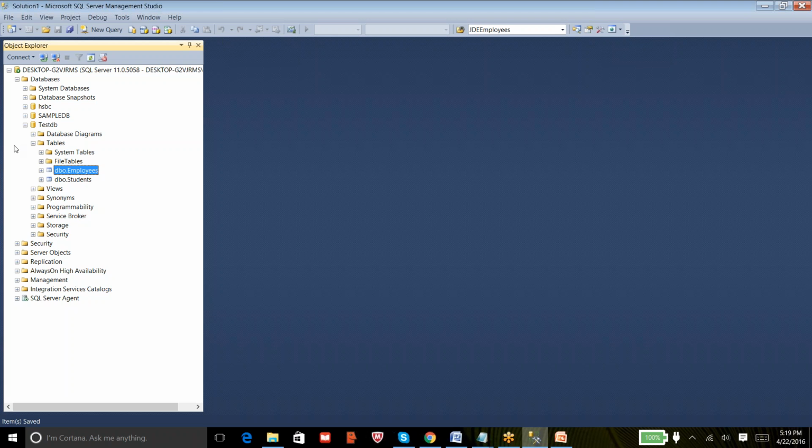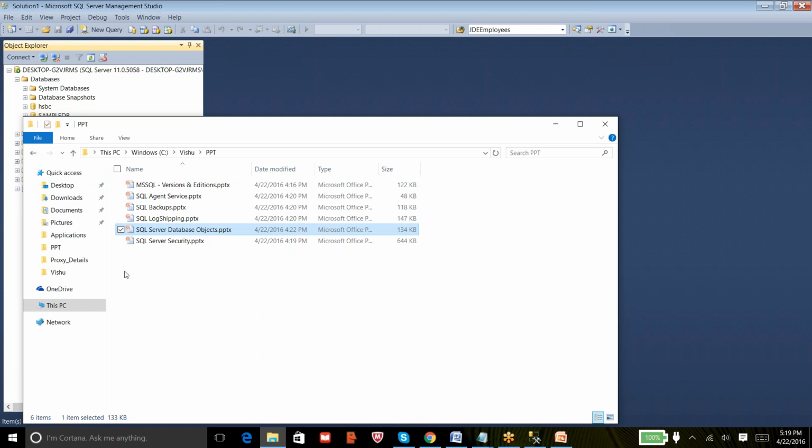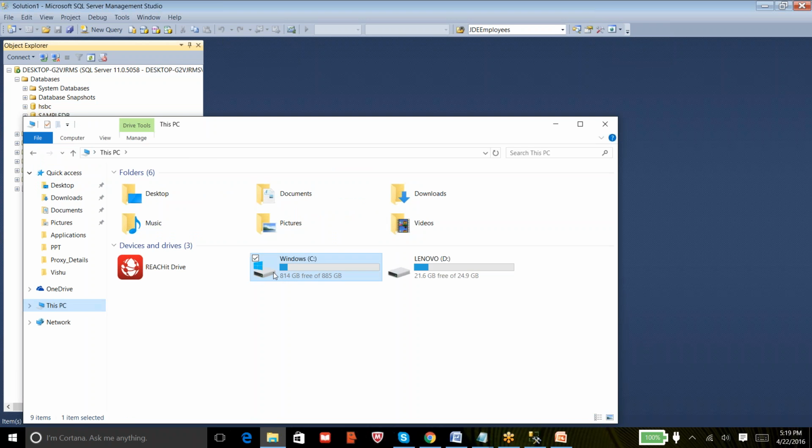And one more thing I forgot: when I provided you the links to download the setup files, there was one more file I requested you to download, the AdventureWorks database. That is a sample database provided by Microsoft, so you can play around with all the data. Let me try to attach the database so that I can show you the different schemas over there.